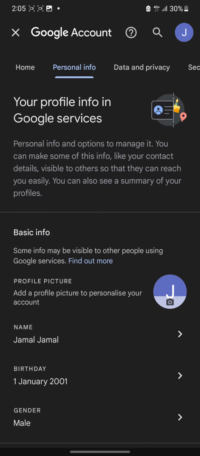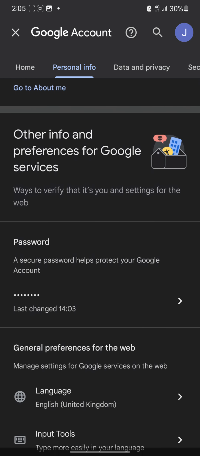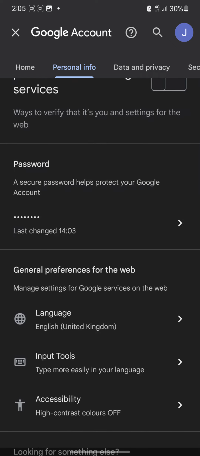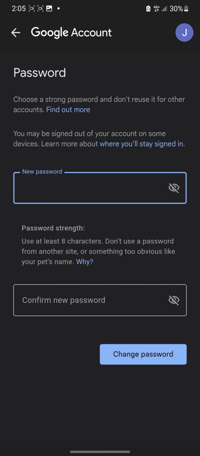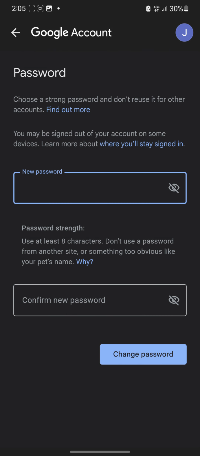Click on personal info. Go all the way down, keep going until you see password right here in this section. So what you want to do is click on it. Then it says here either new password or what's your password. So what you want to do is, if it brings up another screen, just click forgot password